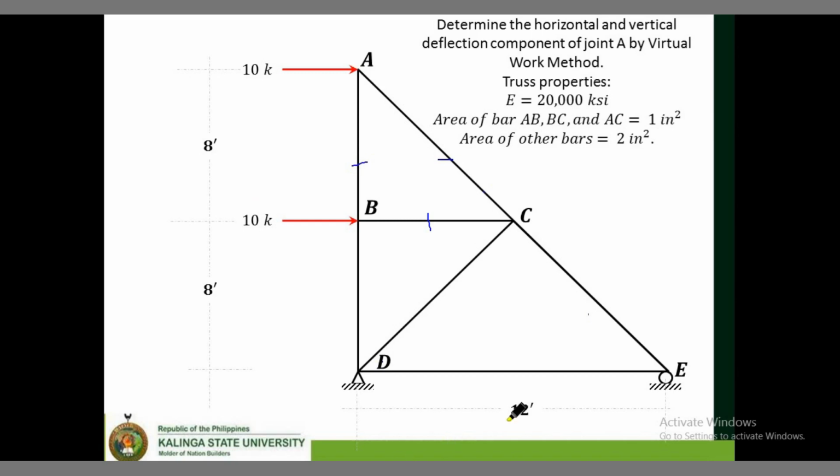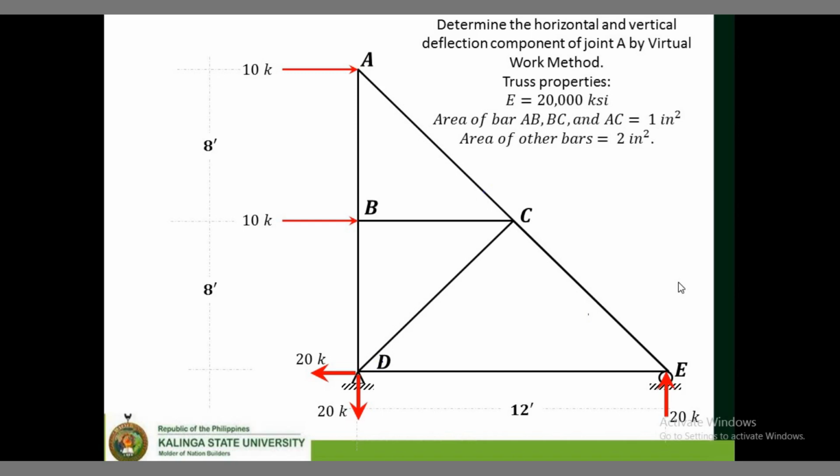So, how are we going to solve problems like this? Pareho lang siya doon sa ginawa natin in example number 1 and number 3. So, the first thing you have to do, again, step 1, solve for the reactions at point E and point D. Again, I use static equations and na-solve ko na si E meron 20 kips, si D may 20 kips